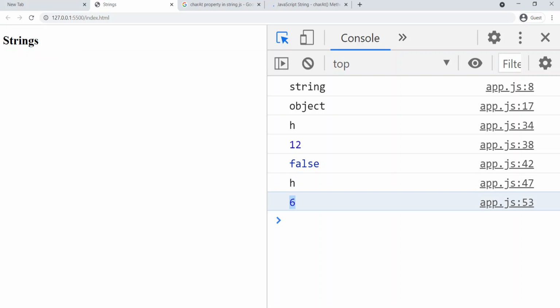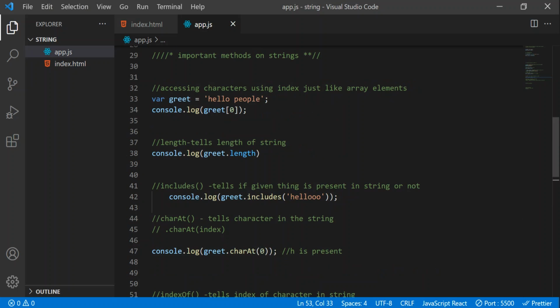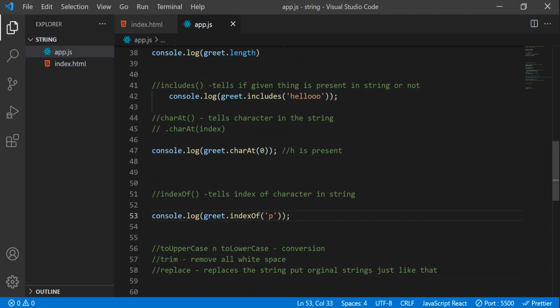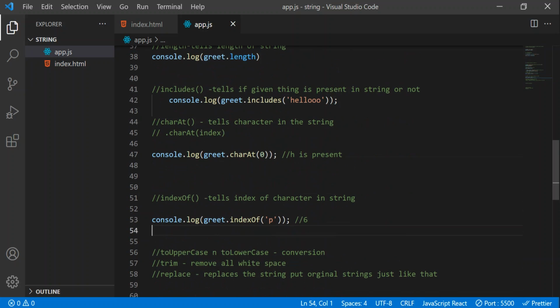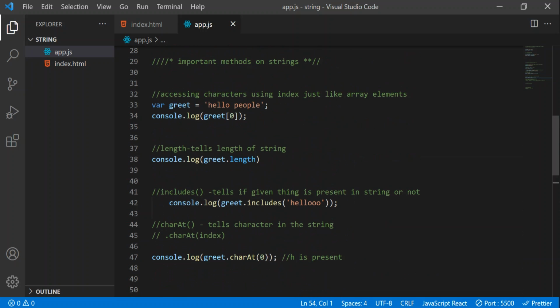You can see the index of p is 6. You can experiment with that. So indexOf will return the index of the character, and charAt will return the character which is present at the index. And accessing using the index 0 will again get the character only. That is the old approach without any methods.